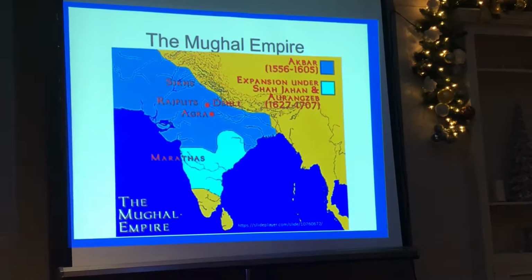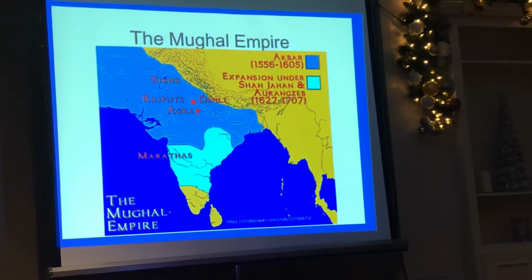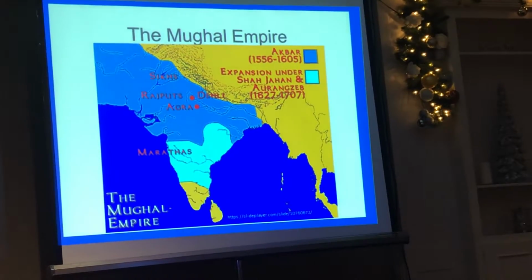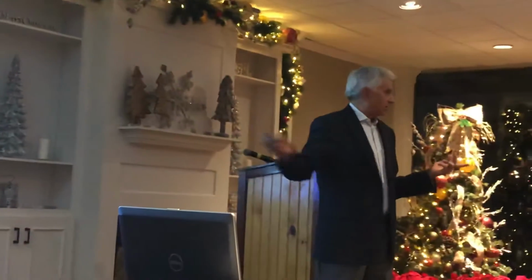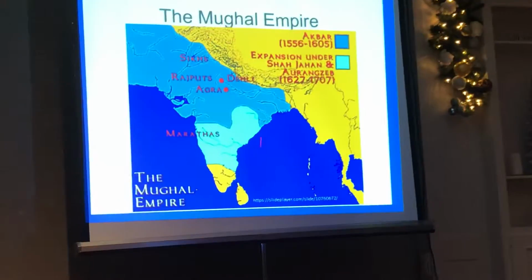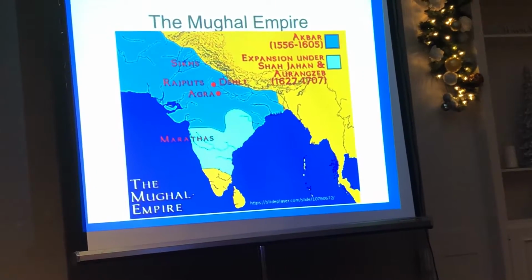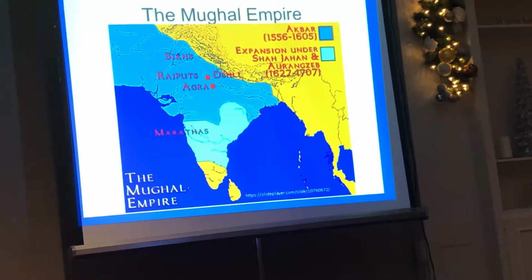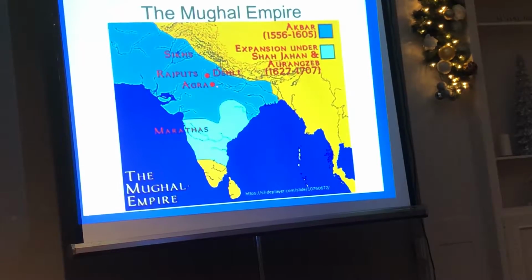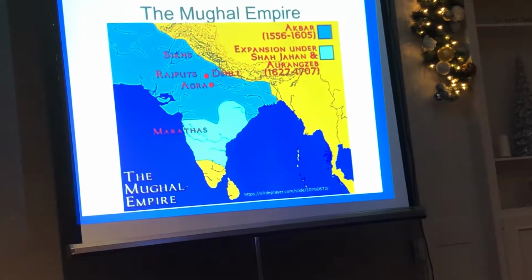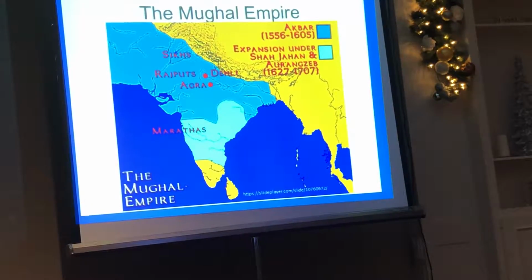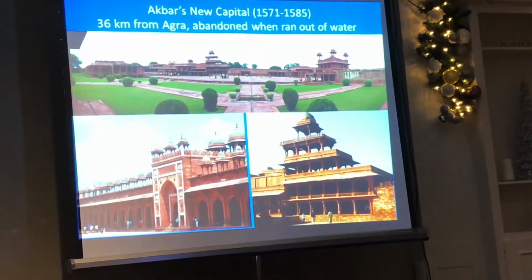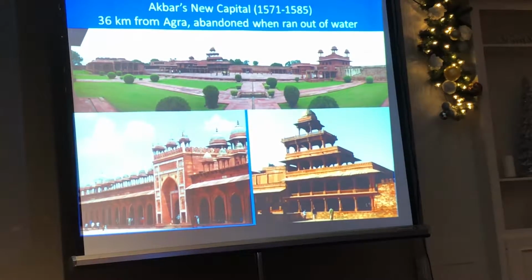So let me go back to the history a little bit, because remember, I'm going to talk about, in one talk, history, religion, politics, and economy. So I've already talked about religion. You saw the water hydrologic cycle god, right? So again, Akbar, this is his reign in the 1500s. It was a pretty big area they were controlling, and he had his capital in Agra, and he had some major victories, so decided to move his capital about 30 miles, 25 miles away from Agra.